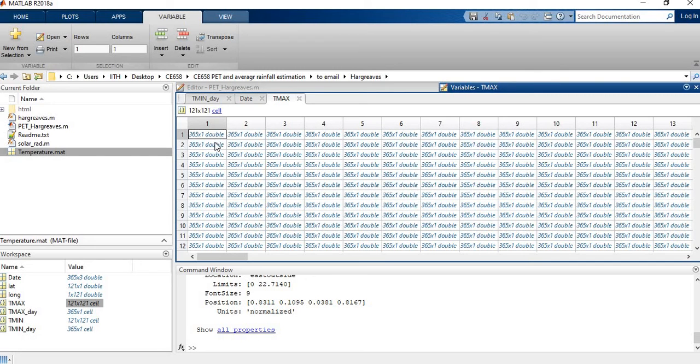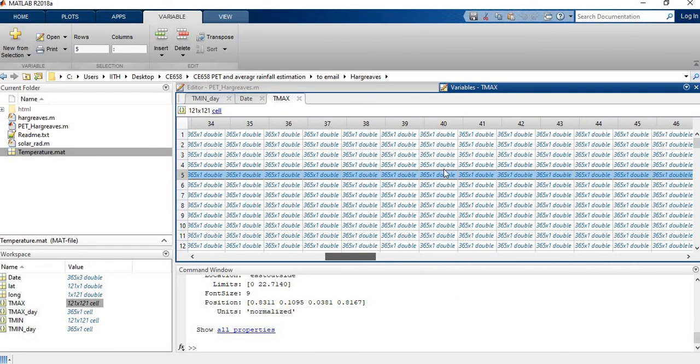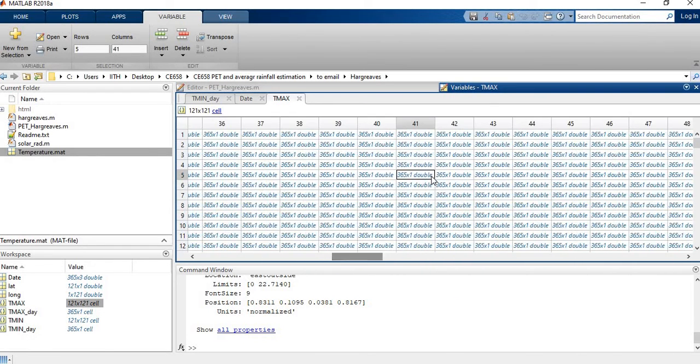You can determine the lat and long for this particular pixel from this lat and long. Last time we selected 5 and 40, somewhere here. Yeah, so this is one pixel.